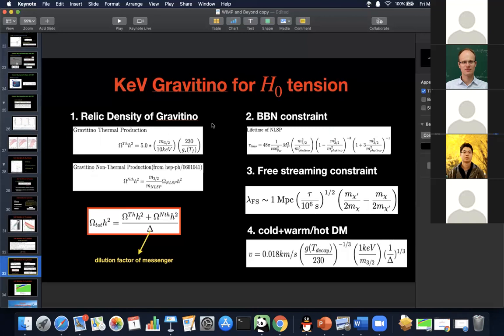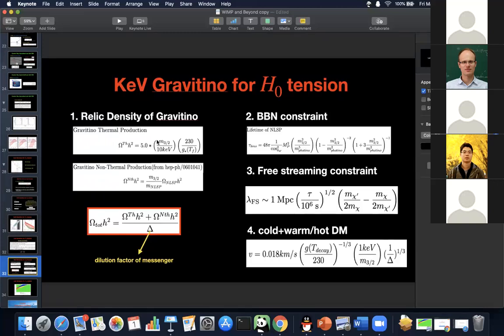As we know, for a very light gravitino we have the gravitino problem, and that is because the interactions between gravitino and standard model particles are very weak. So such a light gravitino will overclose the universe. So we need to consider how to solve this problem. And in our study, we use the dilution factor from the messengers. That means we allow the messenger to decay to standard model particles, and then it will produce more entropy and dilute our relic density